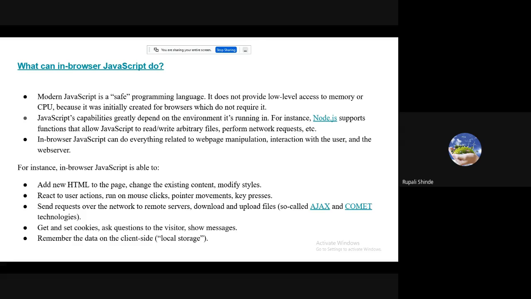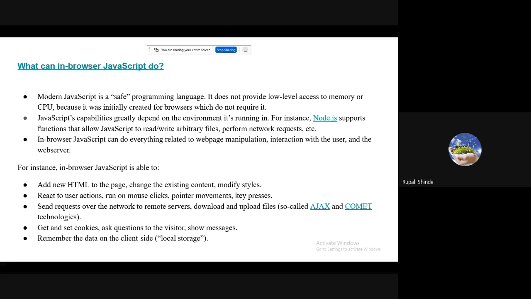So we can implement a web page which will be manipulated with the help of JavaScript. We can interact with the user by using a form. Then we can transfer that data to the server. For that we require the JavaScript language. For instance, these are all the tasks which JavaScript is going to perform, in short.